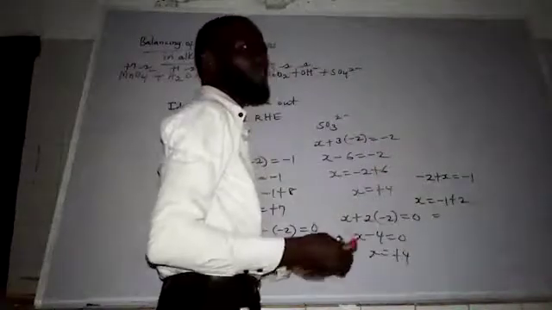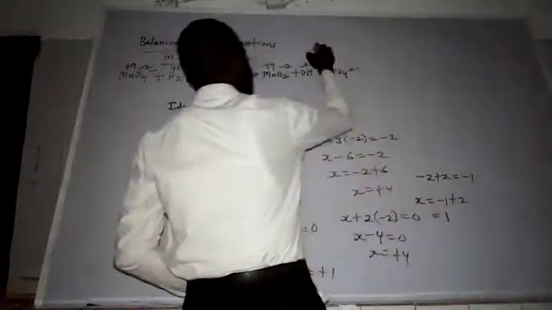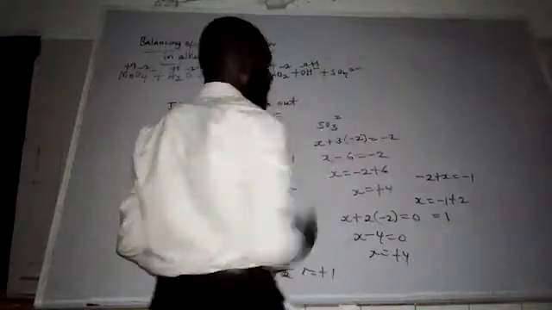Minus 1 plus 2 is going to give me 1, so that is 1. Oxidation number of hydrogen here is plus 1. Sulfur,